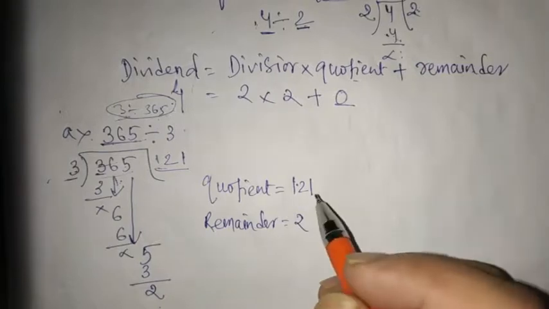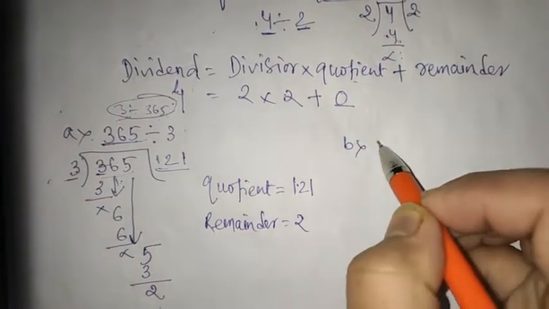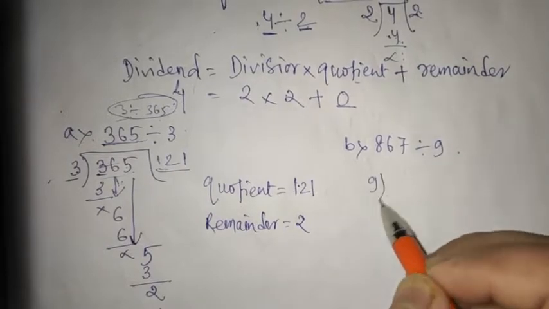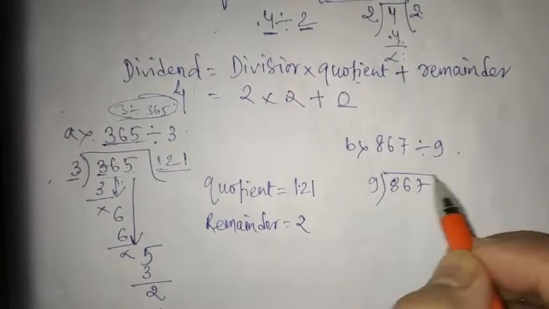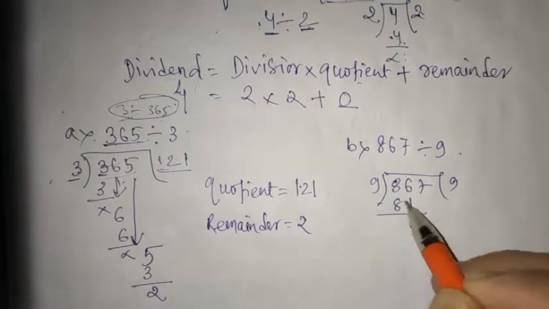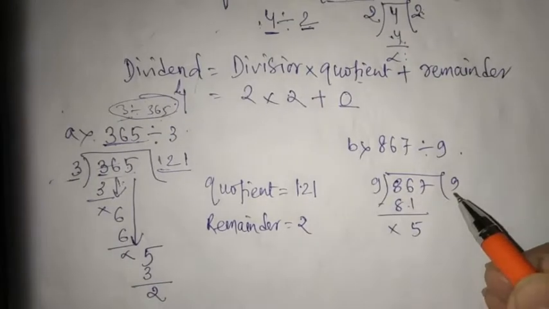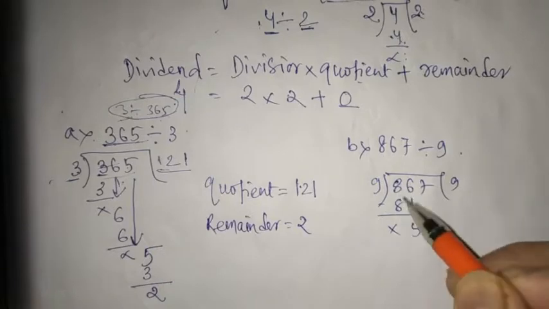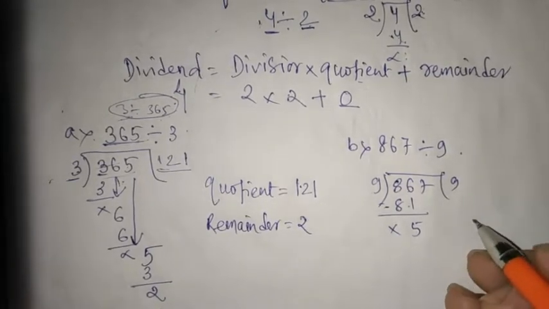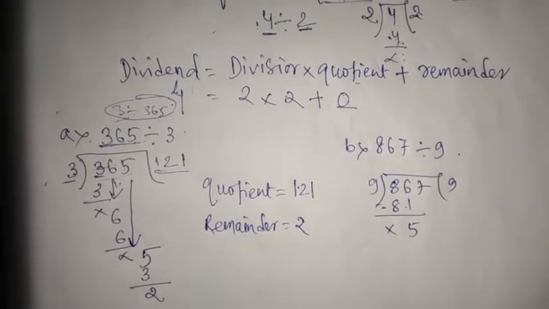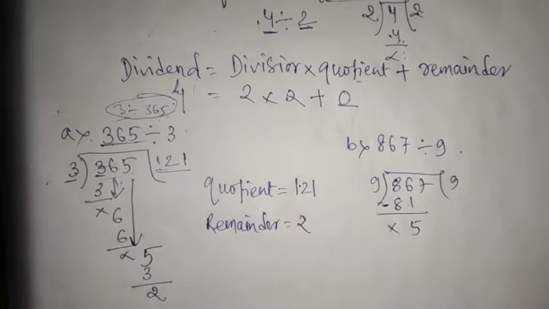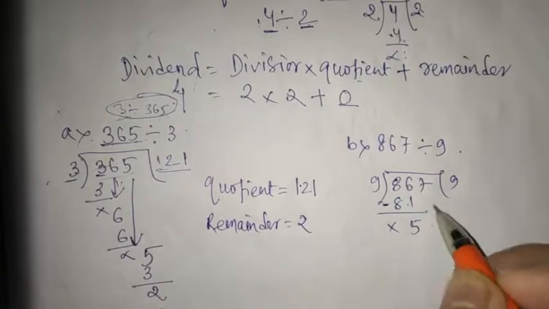Alright, so let us proceed to question number B. 867 divided by 9. So when you divide this, 9 9s are 81, 6 minus 1 is 5. Now 8 minus 1 is, so many students do the subtraction from here. This is not exactly right, okay? You have understood in your introduction part that basically division is subtraction, right? So 6 minus 1 is 5, so 7.